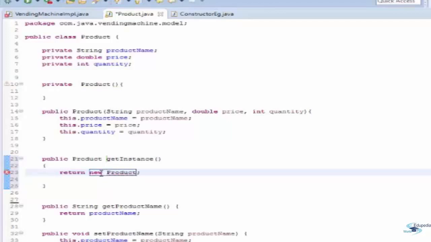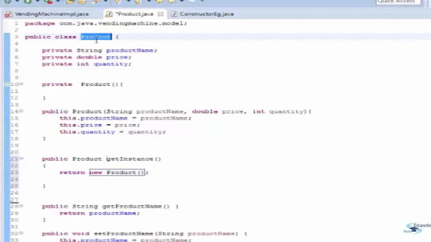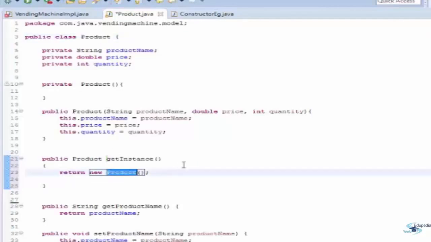What do you think, will this work? Well, you can see in this class I'm creating an object of class Product, and as I told you, I can create the object of class Product with default or with no arguments within the same class. So it's fine to create the object of Product within the Product class if its constructor is private.